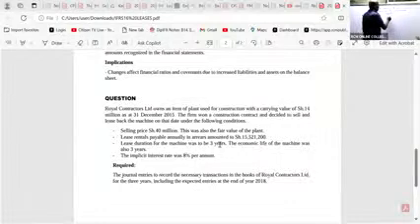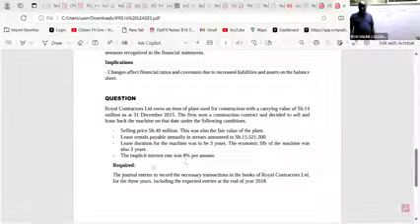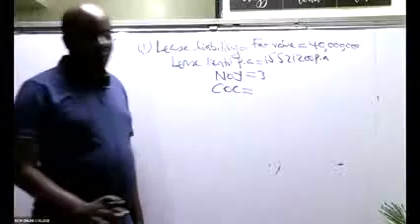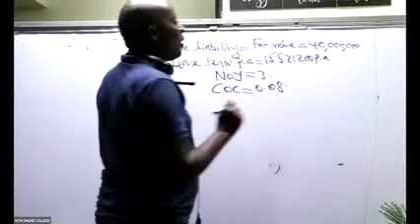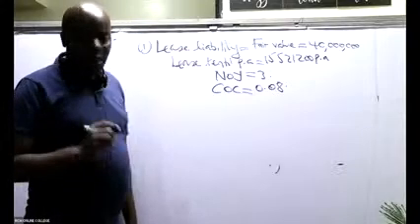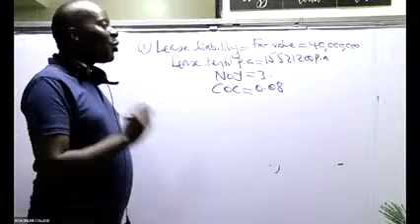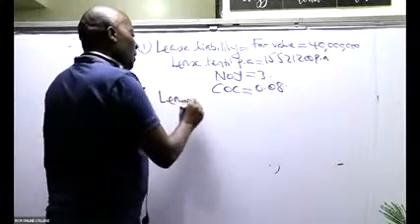And then they have also given us the cost of capital or the implicit interest rate. This is the rate of return. The implicit interest rate is 8%. So I would want us in this case to assume that the fair value was not given. If the fair value was not given, then I would have gotten this lease liability